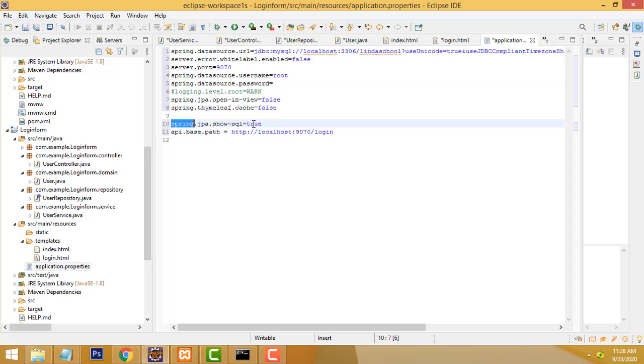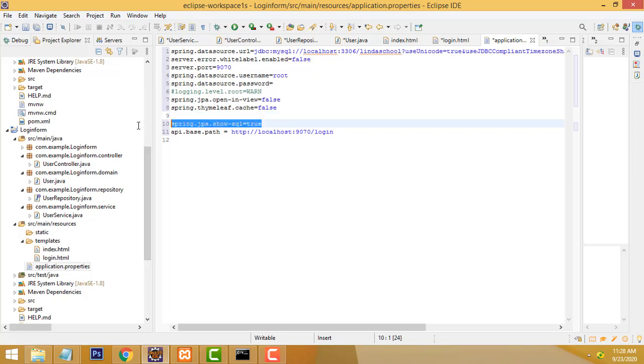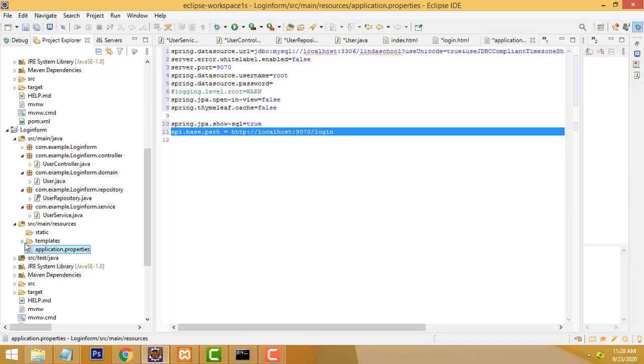We must make it as true. Spring JPA show SQL true. Then only the SQL queries will work, right? Okay, make it true. This is the path where we access things, right? You are given the path. This is the thing we have to do. Very simple one. Okay, make sure we create this